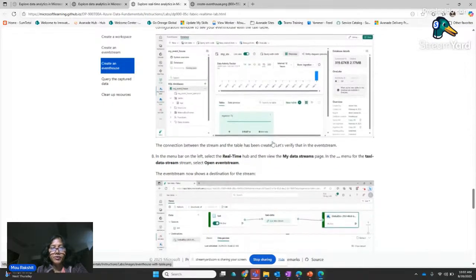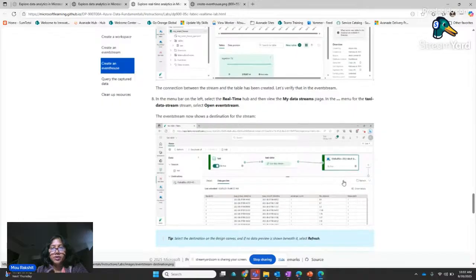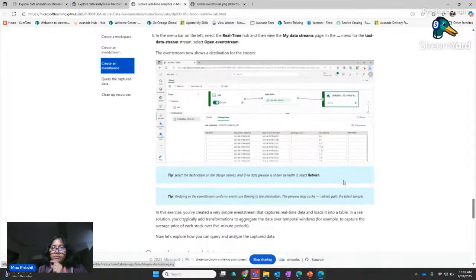Now your flow is established. Your source is the simulated data, your event stream captures the data, and the event house table is storing the data in an optimized format for telemetry, time series analysis, and streaming analytics.